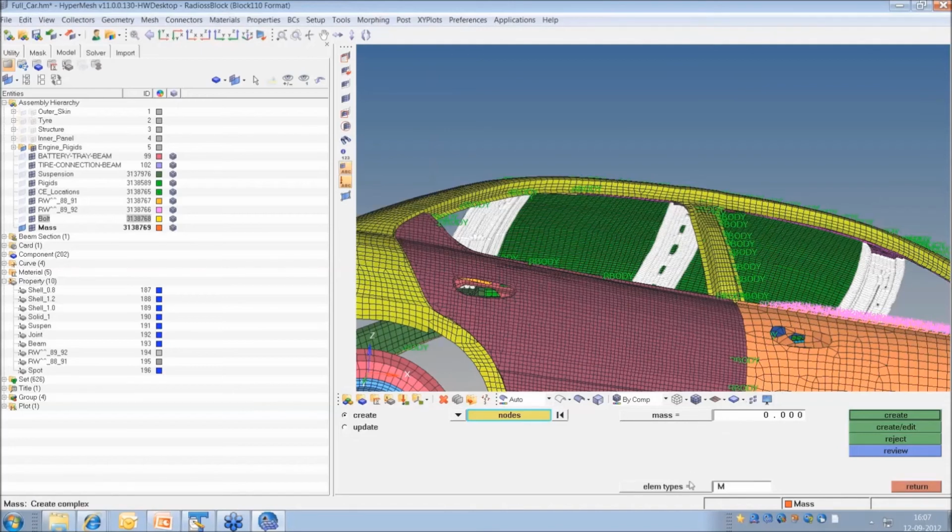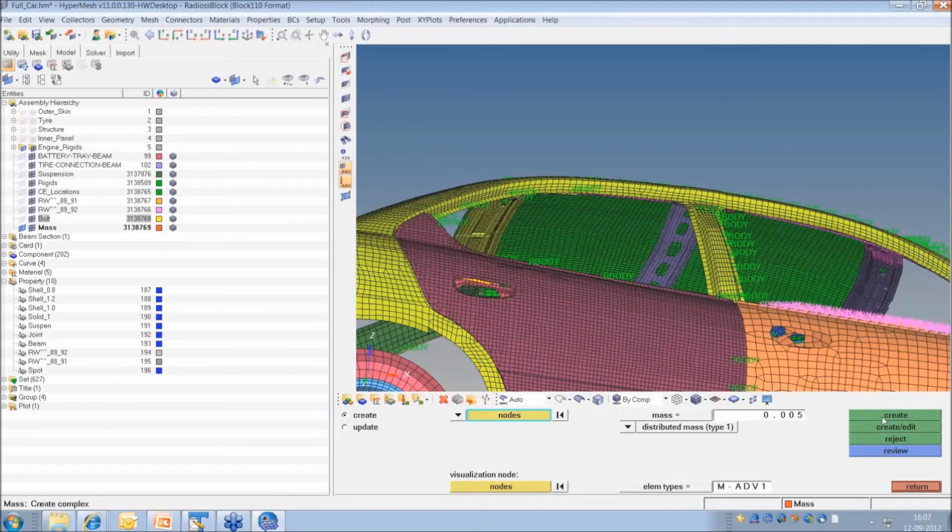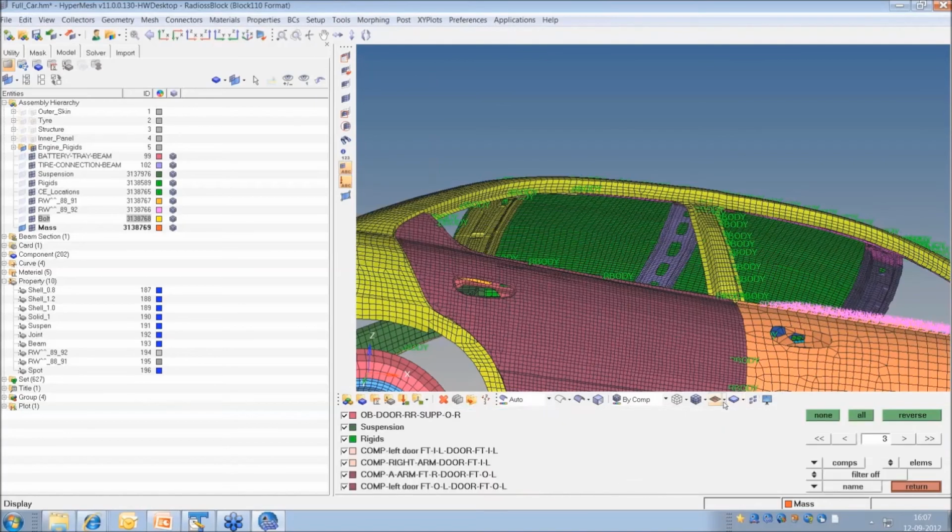If that is the case, then I have to go with M add V1, where let's say the mass I have to distribute is, now I am in tons, I have to keep that in mind, 0.0005, so some 5 kg I am applying, create, display, mass.